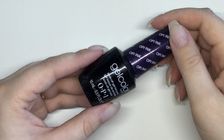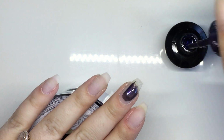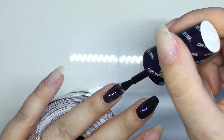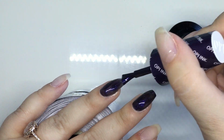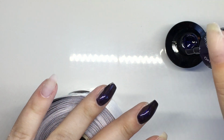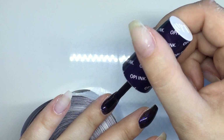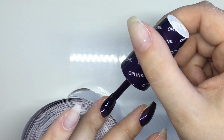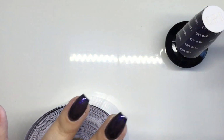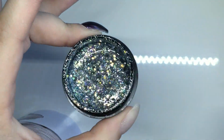For this design, I am starting with my favorite color ever. My all-time favorite color is OPI Ink by OPI. It's a dark purple, almost black, with a blue purple shimmer to it. Oh my gosh, if I could pick one color that I had to wear for the rest of my life, this is the color that it would be. It's so gorgeous. So I'm applying this to my 2 middle nails,